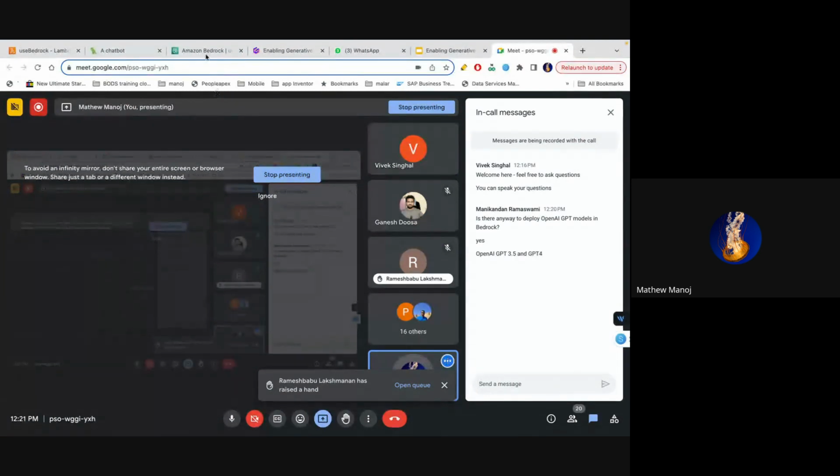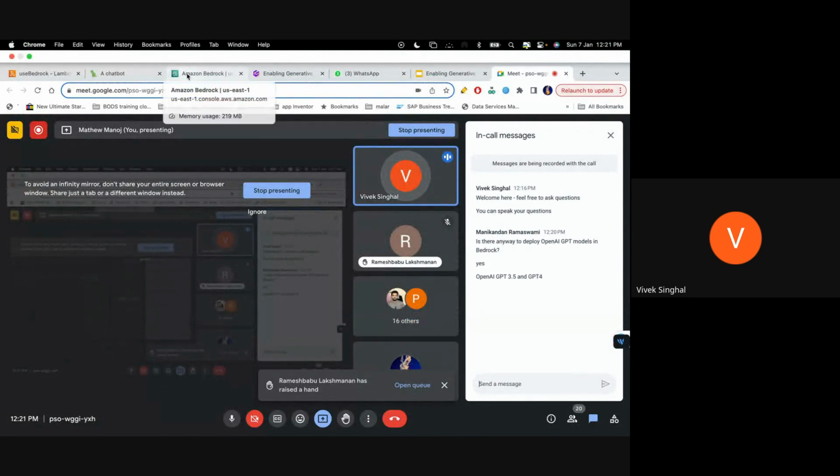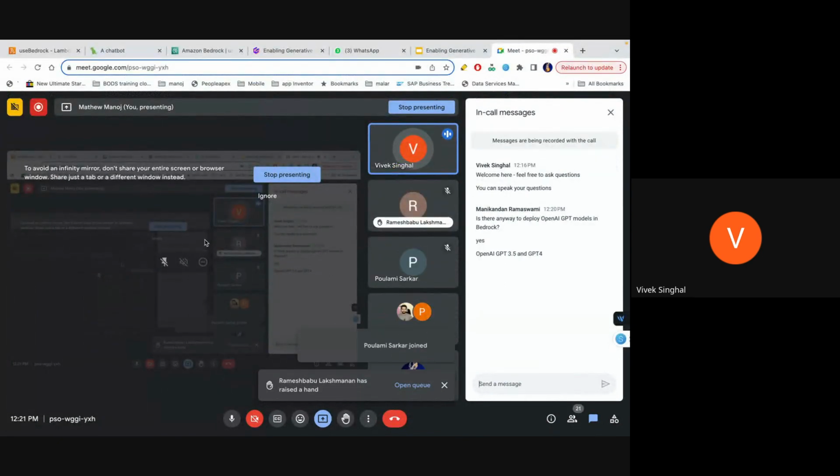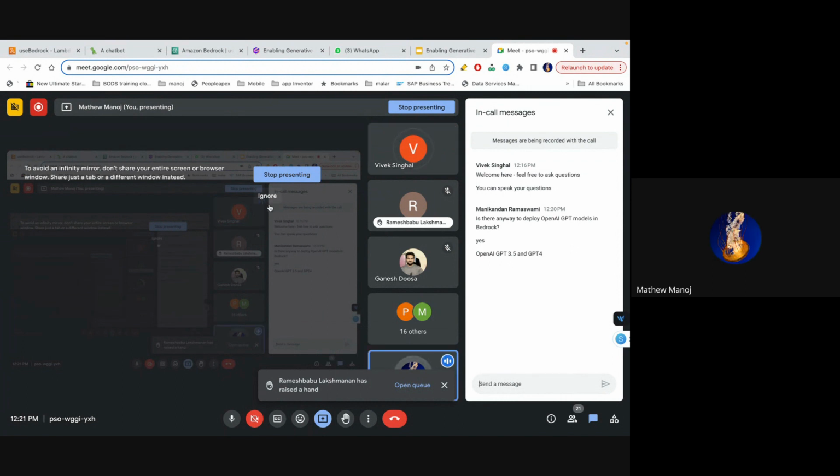So basically, we are saying GPT is not available. As per my understanding, GPT is not available in Bedrock, as GPT is a pure API from OpenAI. Anthropic and other open source models can be used.